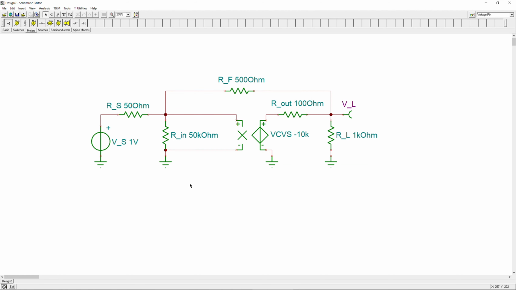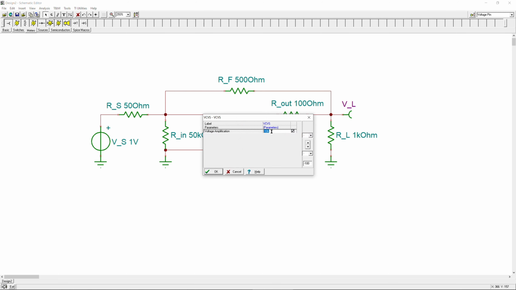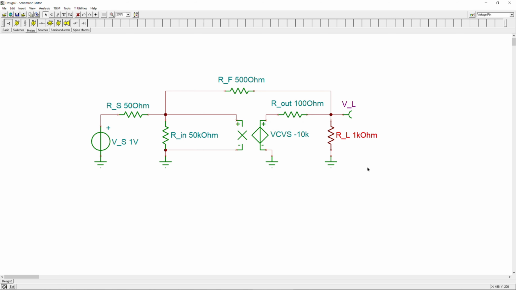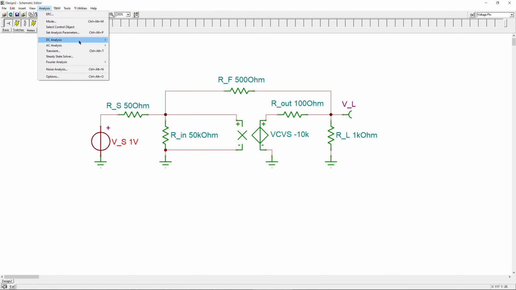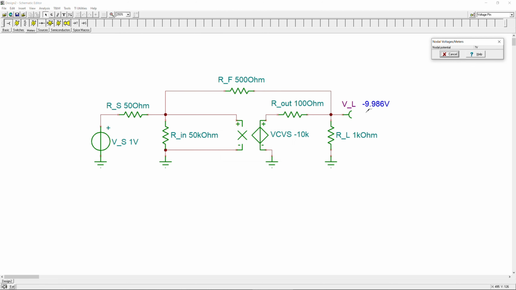Alright, we are now here in the SPICE simulator. You can see already that I've prepared the circuit for you. So this is the RS, VS, RIN, RF, 500 ohms, and R out, and this is the voltage controlled voltage source. If I double click on it, you can see this is the gain we need, and this is the load. So what you can do, you can say, I would like to know what the voltage here is. So you can say analysis, and in this case I just apply 1 volt, so you can also choose another one. So I do analysis, DC analysis, just calculate node voltages, just only the voltage I need here, just my measurement. I get minus